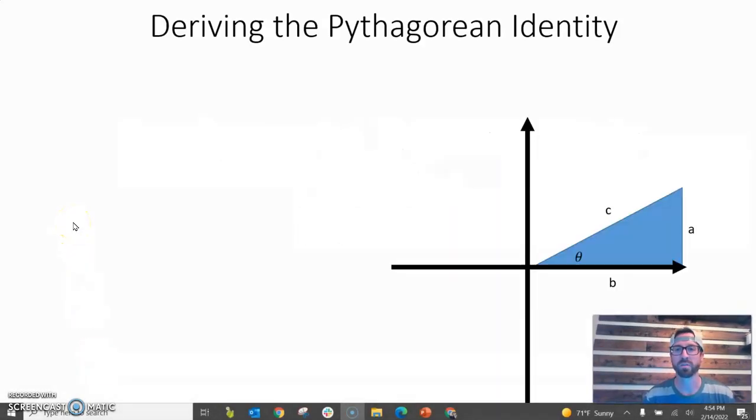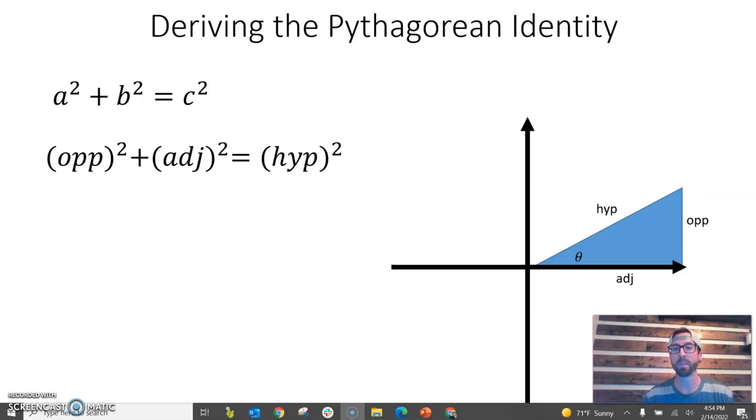So starting off, you might have looked at your context clues and thought, oh, Pythagorean, maybe it has something to do with the Pythagorean theorem. And so, yeah, let's think of it that way. If I have a given angle theta, we could define our sides as A, B, and C. And we know that by the Pythagorean theorem that A squared plus B squared equals C squared. And from a given angle theta, when we moved on to trig, we started calling those opposite, adjacent, and hypotenuse. So instead of A squared plus B squared equals C squared, we would say opposite squared plus adjacent squared equals